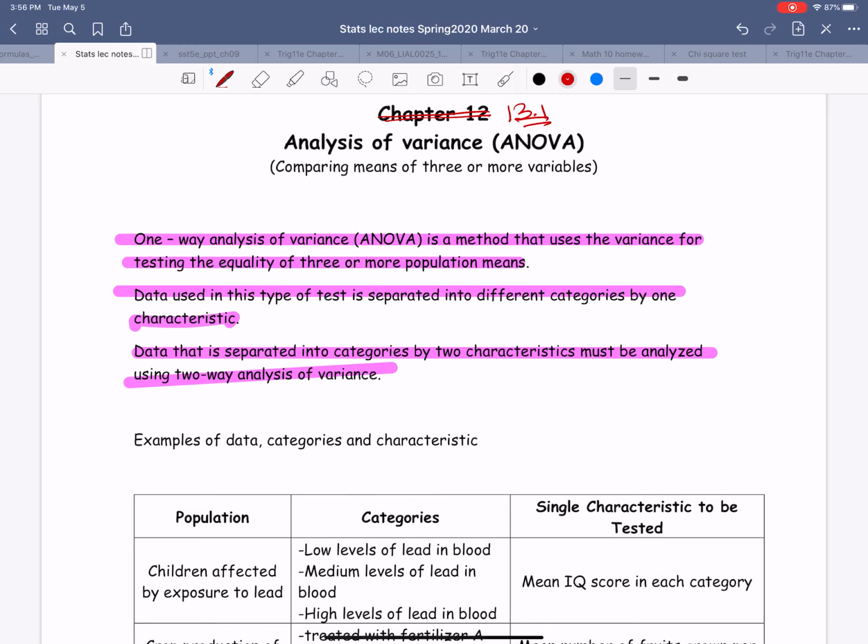In this video, we will be looking at 13.1 ANOVA, one-way analysis of variance, where we're going to be comparing three or more means. We did see in chapter 11 where we compared two means. Now we're going to be doing three or more means. ANOVA is very tedious to do by hand, but this video is going to show you an example by hand